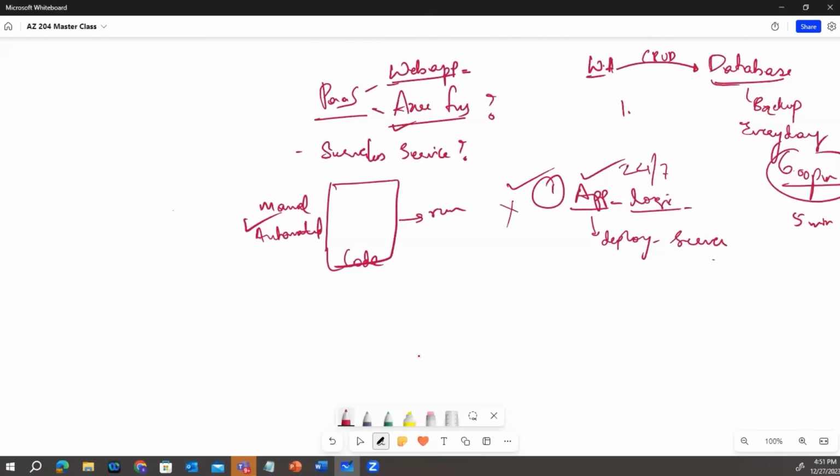So this particular code will run only when it is getting triggered, or it could be a scheduled trigger as well, right? So this code will run whenever a trigger has been scheduled, and it will only run for the time it takes for the activity to complete, and then it will stop. That's why I call it a serverless service, right? All you have to do is choose your preferred language, write your business logic, set up your trigger, and that's it.